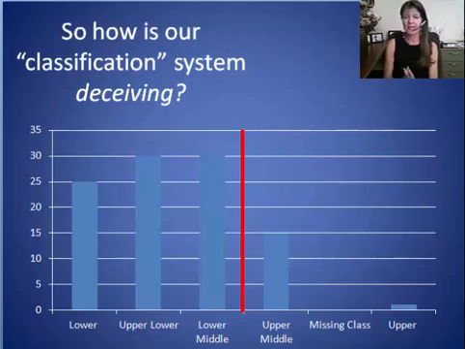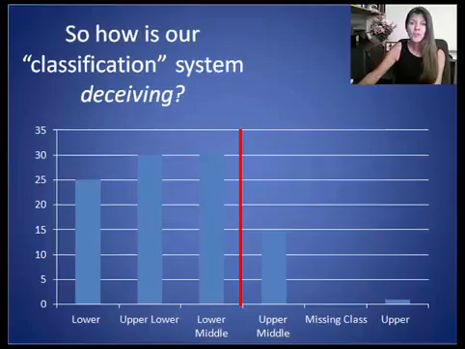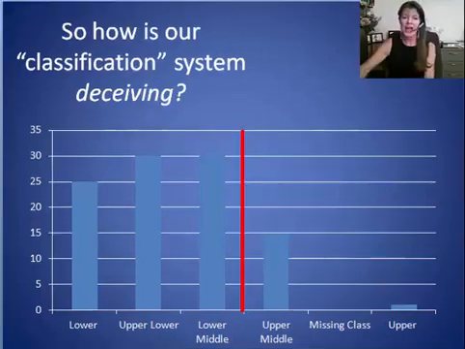Remember, according to standard psychometrics, there should be as many categories or classes, in this case, above the average, or above that middle line, as below it. We're virtually missing the income range of 250 to 999,000. Here is the third and most blatant way in which our classification system is deceiving. Note that our class classification system is based on class name alone.